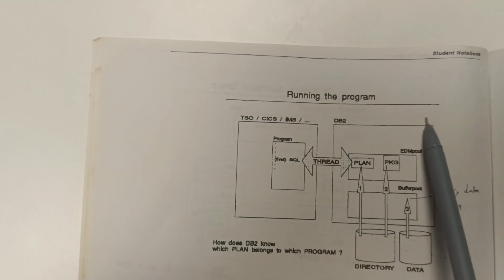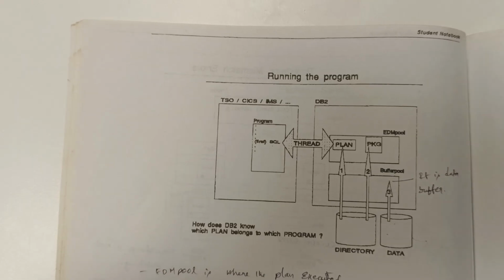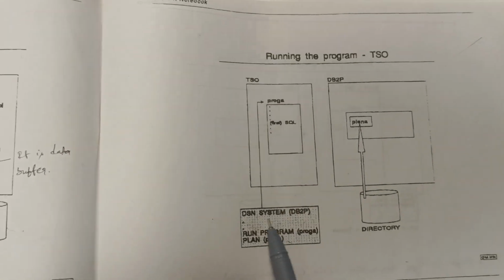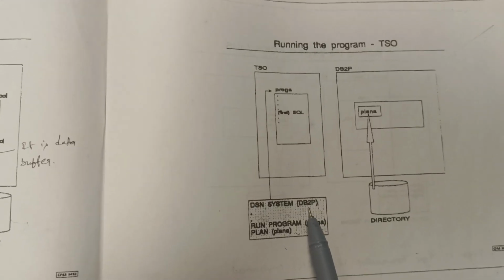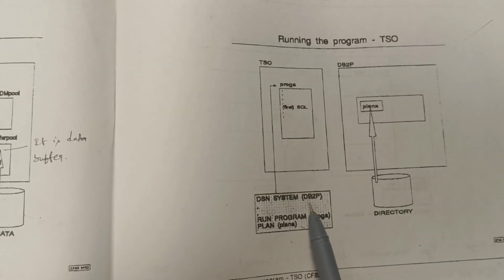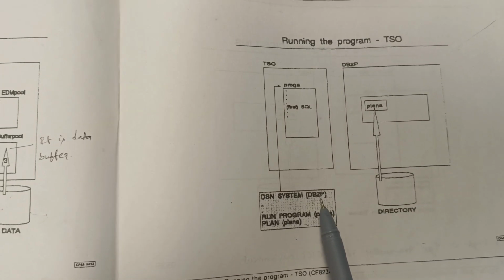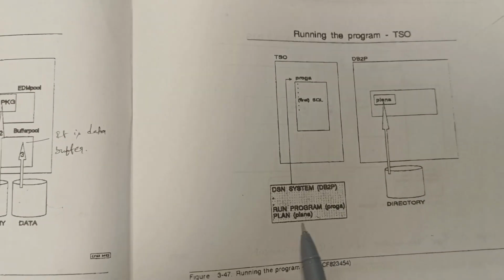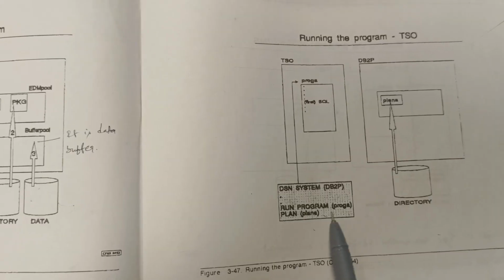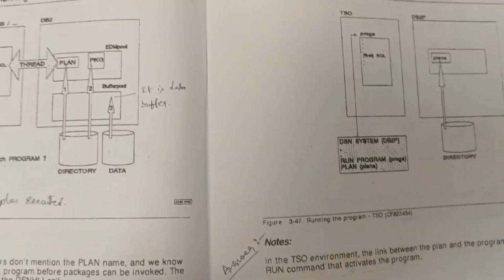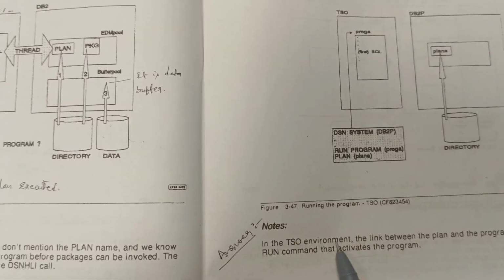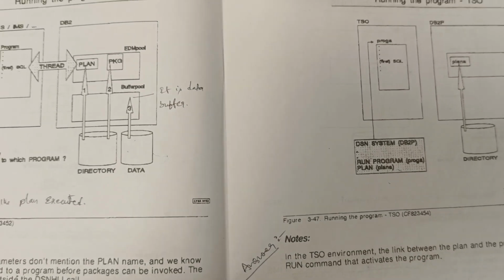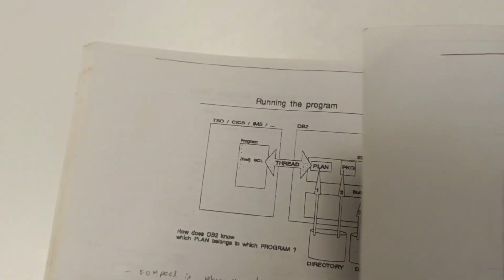Now, to run the program we have to use these commands. In the DSN prompt, I'm binding to DB2P, which means production. If you are using a test environment, you can use DB2T or a QA region, and run the program name and the plan you are going to run for this program. Here in the TSO environment, the link between plan and program is defined. The run command is activated in the program,